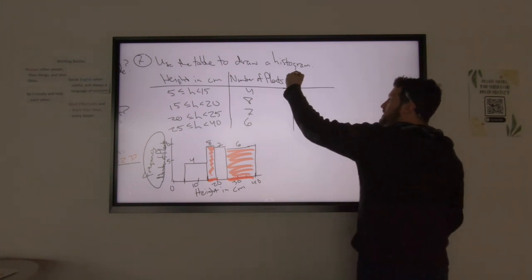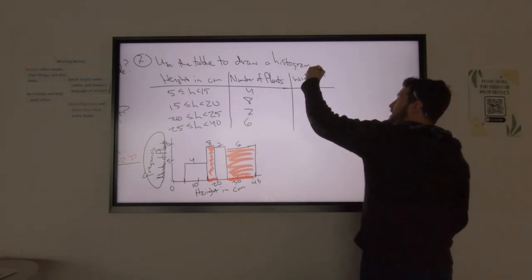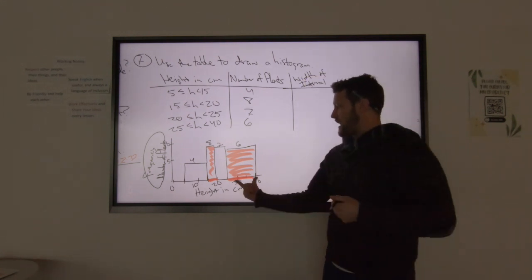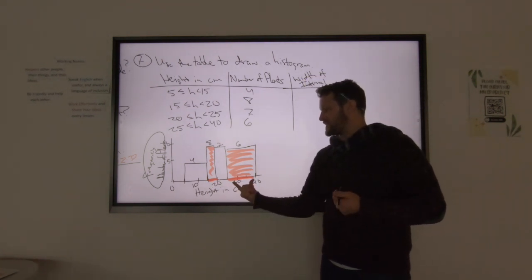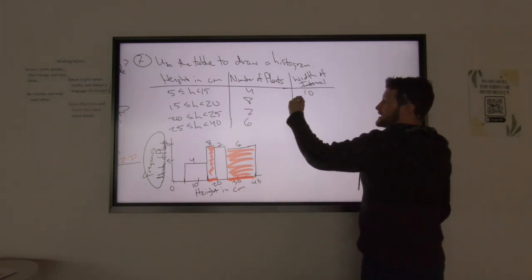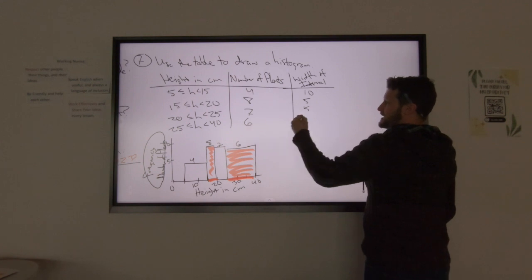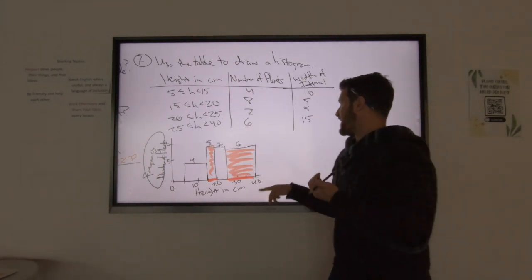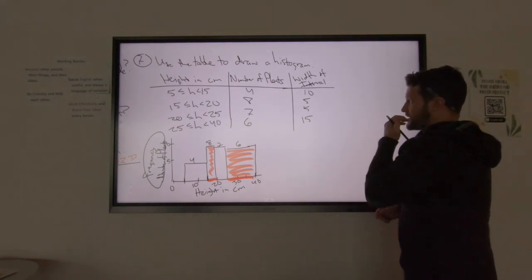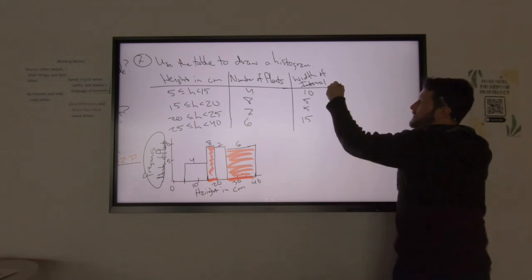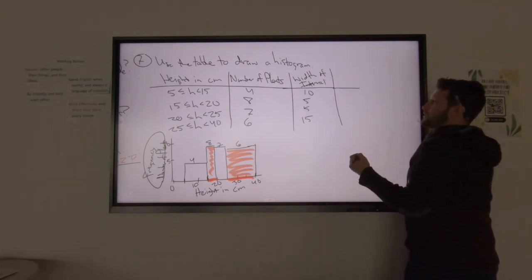I want the width of the interval, because that width of the interval is what makes this distorted. So let's look at the width of the intervals. The first one is 10, next one is 5, next one is 5, and the last one is 15 in width, because 40 minus 25 is 15, or from 25 to 40 is 15. So the widths of each of those intervals is here. And then we're going to create